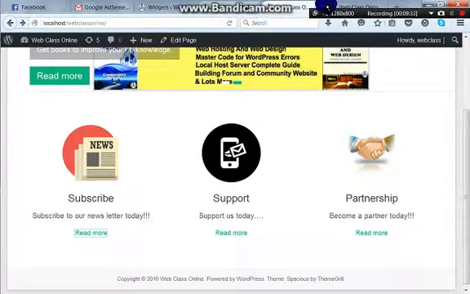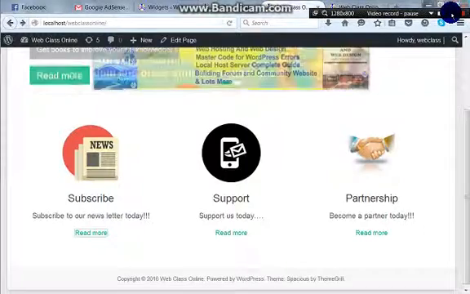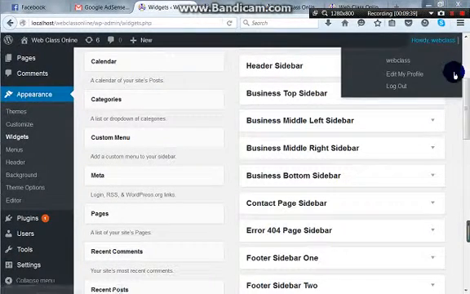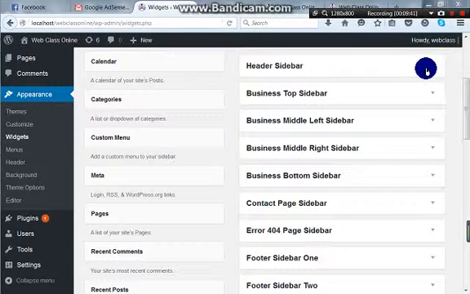Now the next thing we are going to be touching right now is the call to action widgets. On the call to action widgets, I'm going to show you what the call to action widget is all about. But briefly, the call to action widget helps to call the attention of your viewers. Click on it for download or whatever thing. Thank you very much, and we continue in